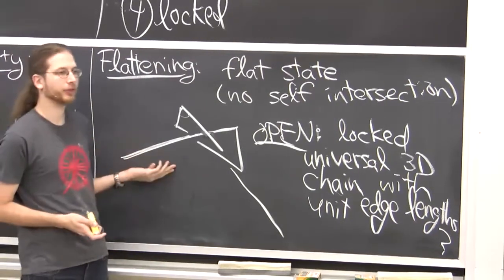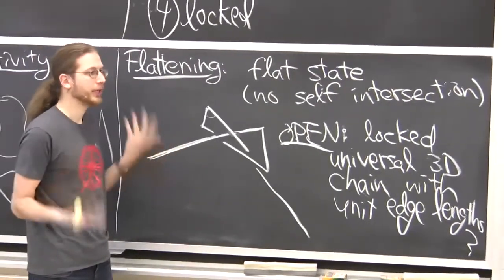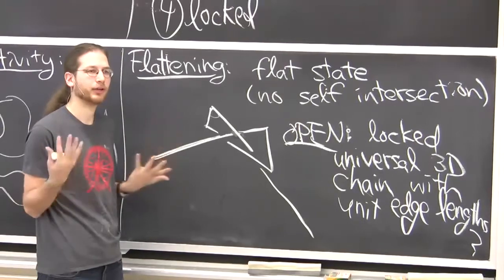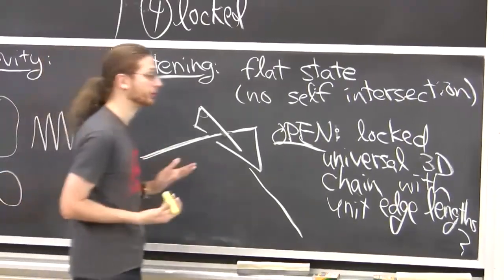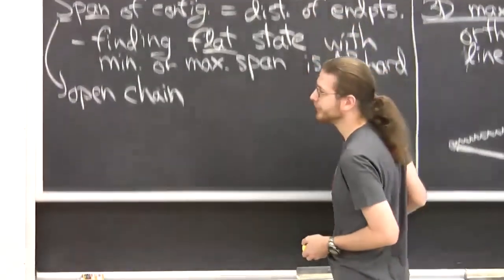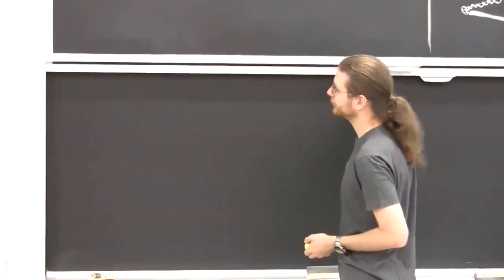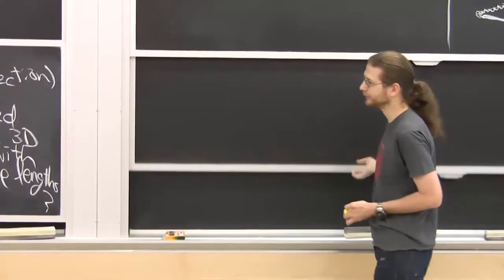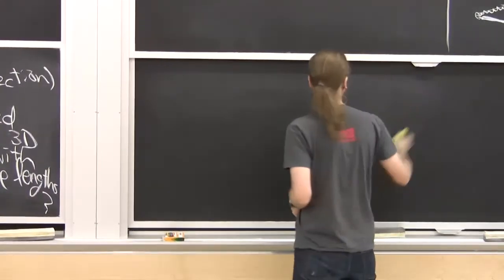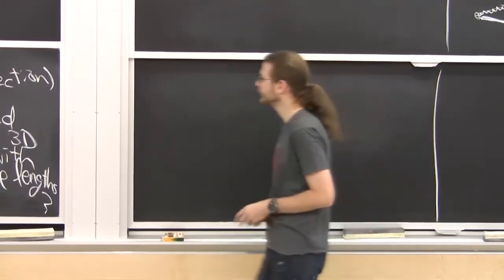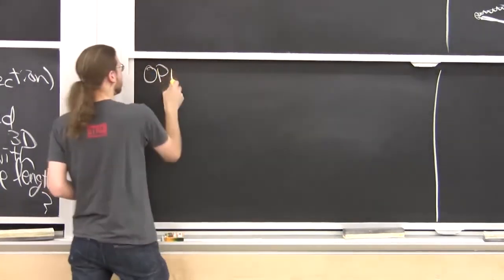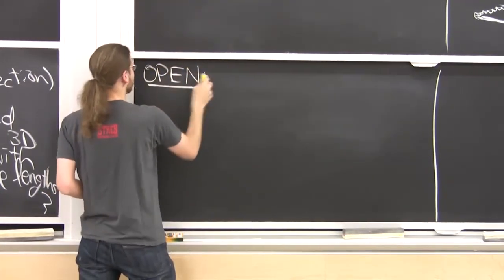And one of the motivations for that is in proteins, the edge lengths are all within like 50% of each other. So it's pretty natural. Of course, we don't have universal joints with proteins. We have fixed angle joints. So the big open problem for fixed angle joints, I guess we'll do this in parts,